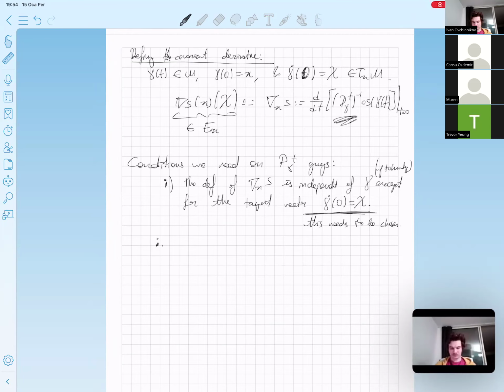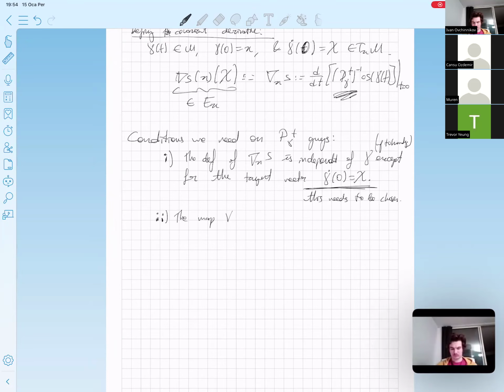And the second condition we need is now see. Okay, let me write it and then let me explain it. Let me convince you, please. The map to